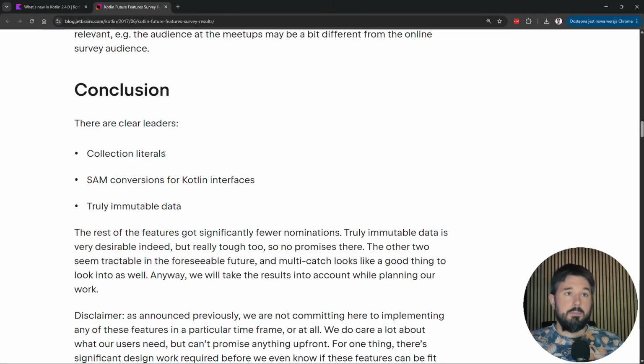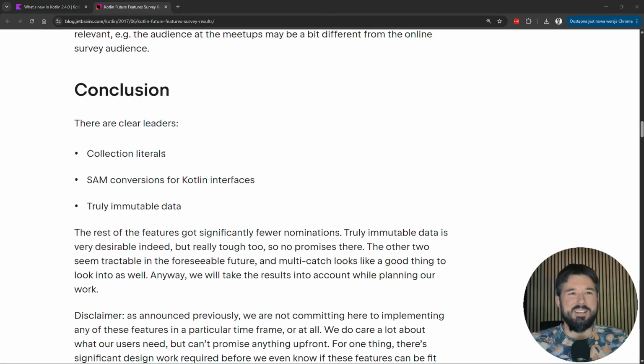Collection literals were promised then, and they were even quite quickly implemented, and they were about to be introduced in the language when they met an unexpected opposition. This opposition came from library creators. I remember that Jake Wharton was a significant voice that argued that collection literals shouldn't be introduced because they introduce an unfair advantage of standard library collections over collections made by external libraries.